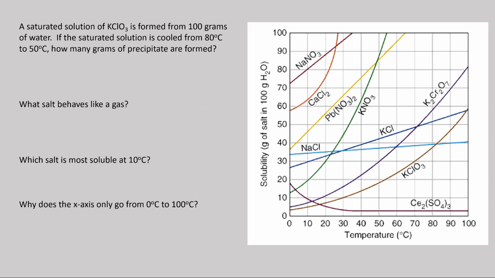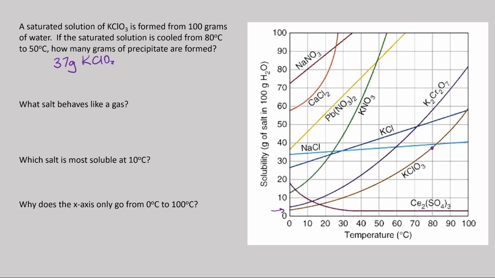All right, a couple more. A saturated solution of potassium chlorate is formed from 100 grams of water. If the saturated solution is cooled from 80 to 50, how many grams of precipitate are formed? So we have a saturated solution of potassium chlorate formed from 100 grams. So where is my potassium chlorate? It's right here. It's done at 80 degrees. So right there. We have 100 grams of water, so this is the exact point. So this would be 37 grams